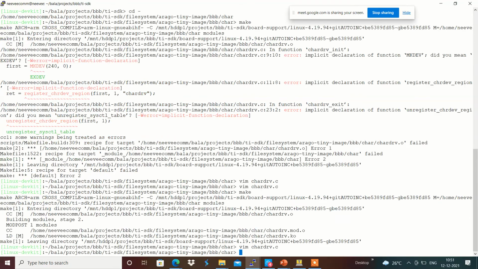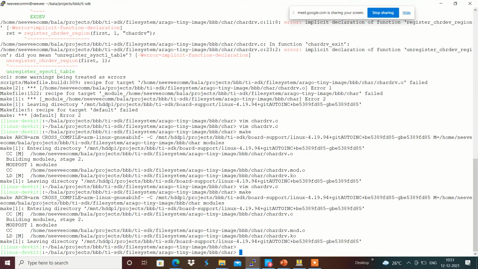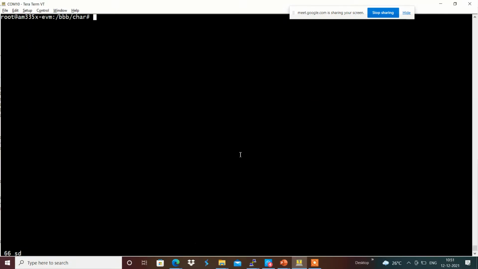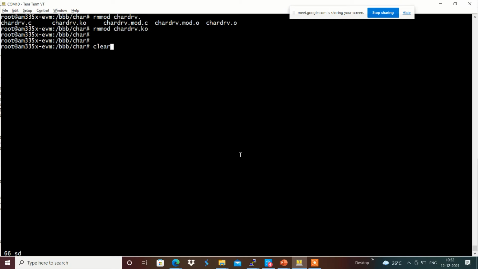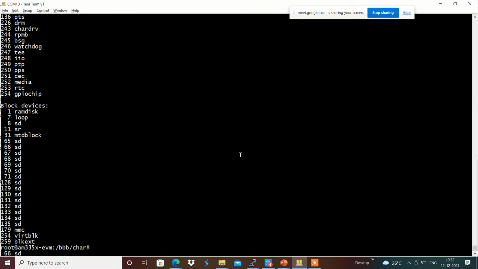I am going to compile this. Yeah, it got compiled, and maybe we can check this, rmmod chardev. I'm going to insmod the new chardev.ko and cat /proc/devices, which will provide the device list.